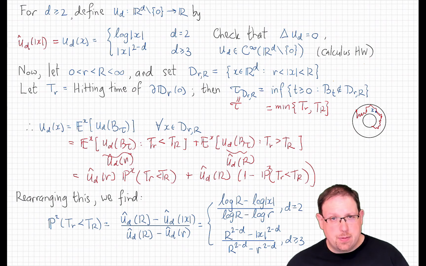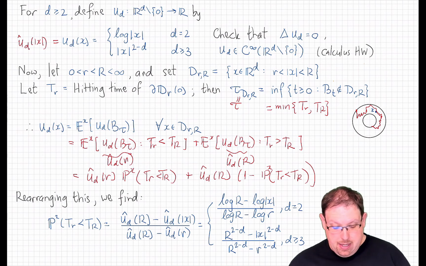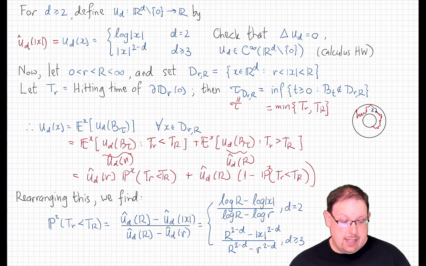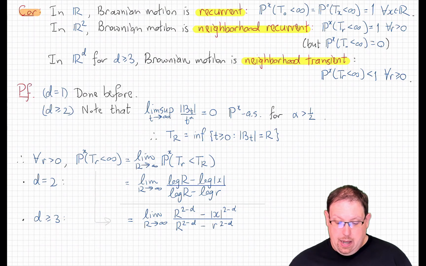How does that help us with anything, though? Well, if you think way back to our discussions of simple random walks, these kind of probabilities, which we used martingale methods to compute explicitly in those cases, allowed us to answer questions about recurrence of the random walk, or transience. And we're going to be able to do the same thing here. So, as a corollary to this, which will be our final result for this course, we have the following.